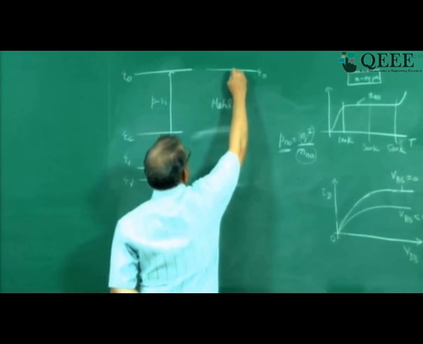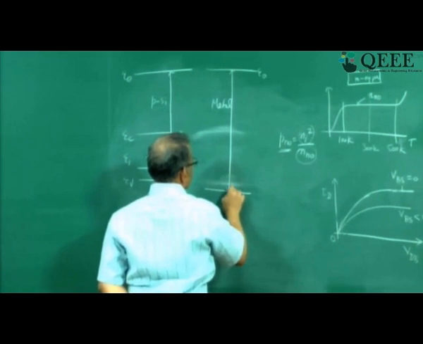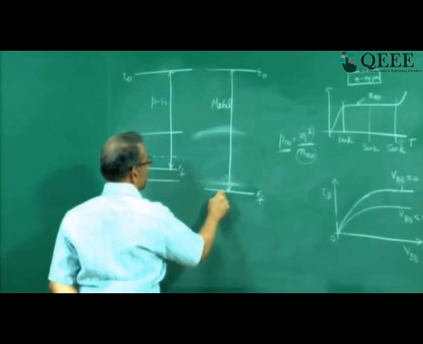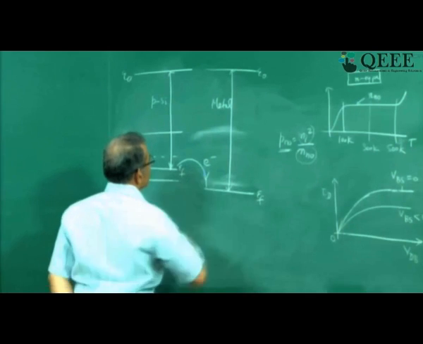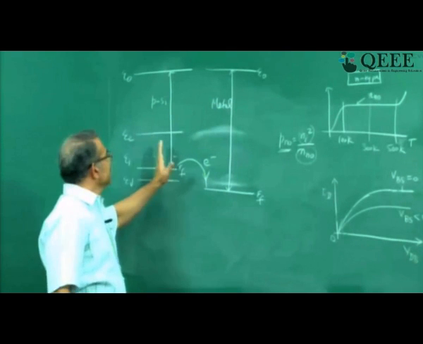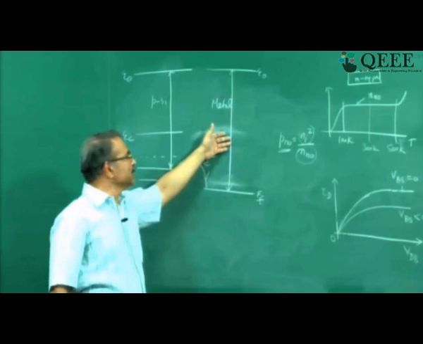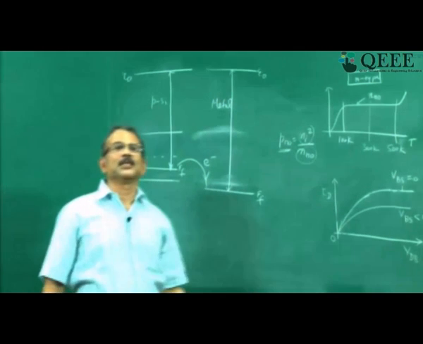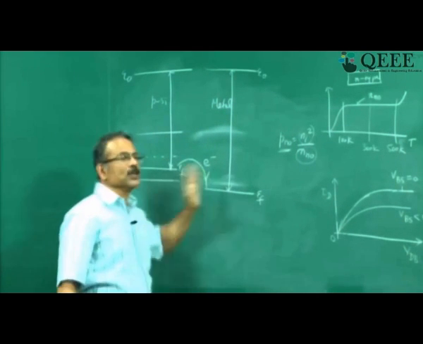And suppose your metal is such that this work function is more and your Fermi level is therefore here in the metal. Now when you join p-type silicon and metal, the electrons will move from regions of higher Fermi level to lower Fermi level. So your electrons are moving like this. If you try to predict this transfer of electrons based on concentration, you will come to a conclusion that metal has high concentration of electrons, p-type silicon has low concentration of electrons, so electrons will move from metal to p-type silicon, but that is wrong, because the energy band diagram tells you that p-type silicon will supply electrons to metal.